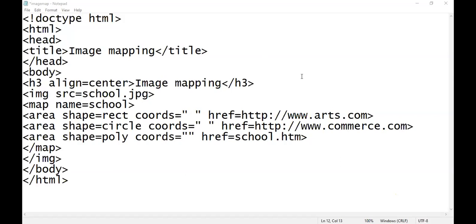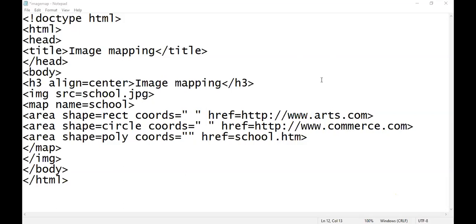Now, can you tell me what I have to write here? It's not completed. This program is still not completed. I have missed something. Can you identify? I have missed something over here. Can you answer? Just see the program and let me know the answer. No. Coordinates we will enter later on when we open it in Paintbrush. But I am missing something over here.